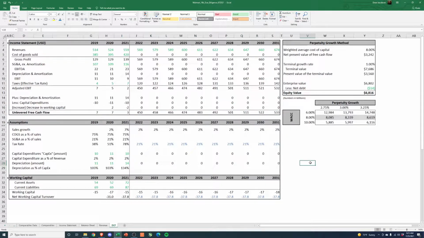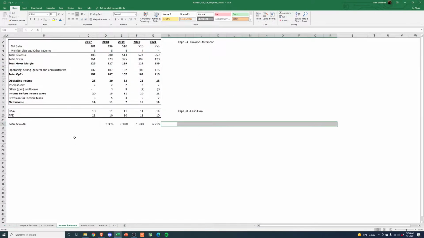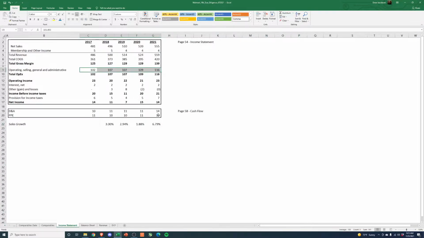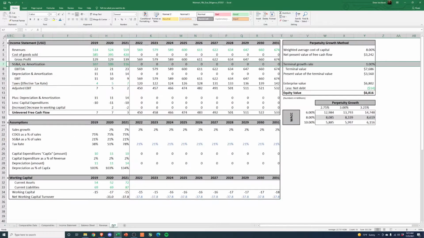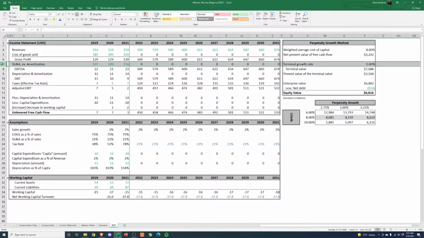So just walking you through it real quick, you take revenue less COGS, and that's going to get you your gross profit. You're going to back out your SG&A costs, excluding depreciation and amortization, if that's available. Walmart doesn't specify on their income statement. There probably is D&A in here, but it's only 10 billion, nothing huge. And then if you take gross profit less SG&A, assuming that this excludes D&A, that's going